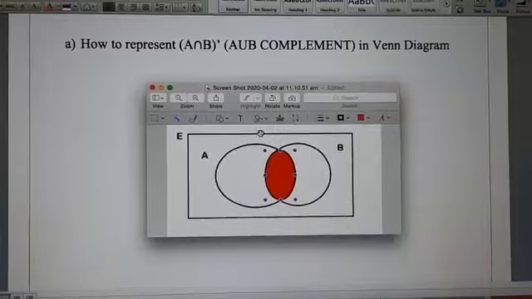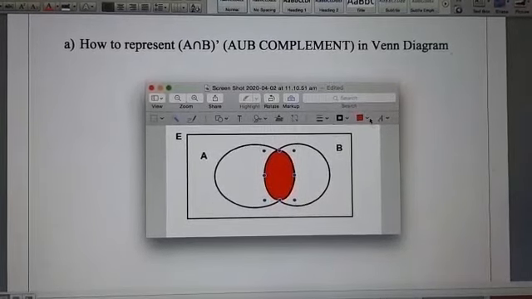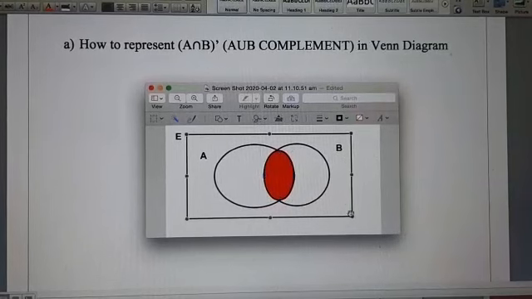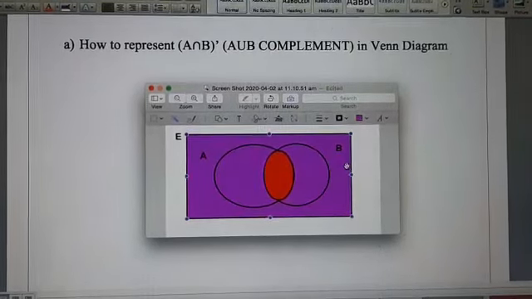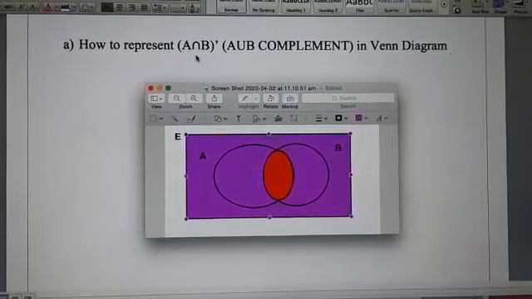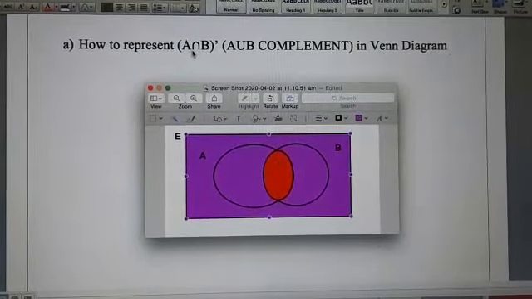This whole region outside this overlapping part is the answer for the complement of A intersection B. So this purple region is the answer for A intersection B complement, and this red part is basically A intersection